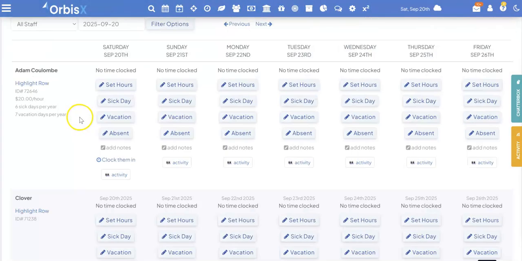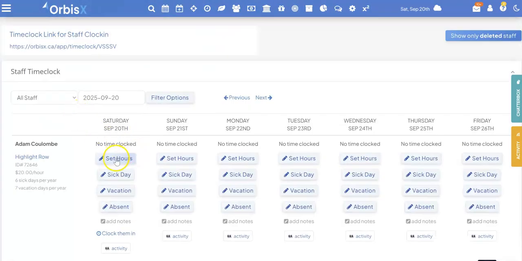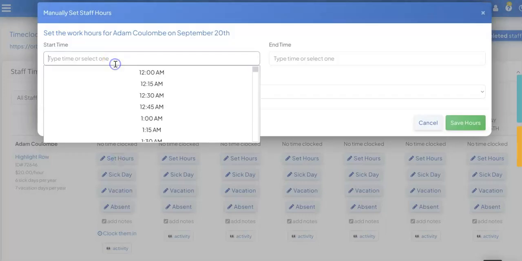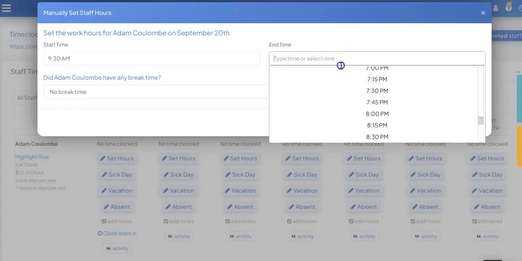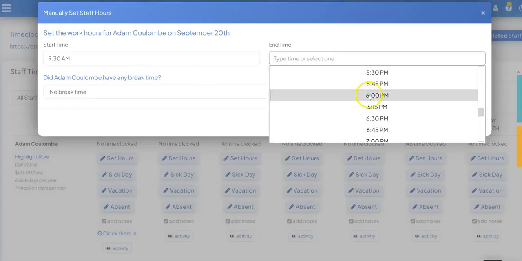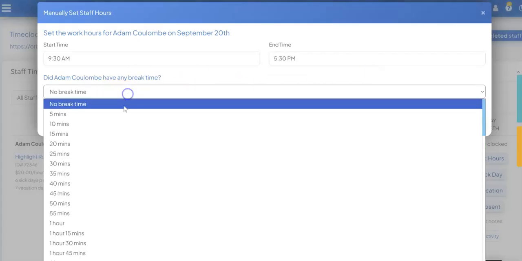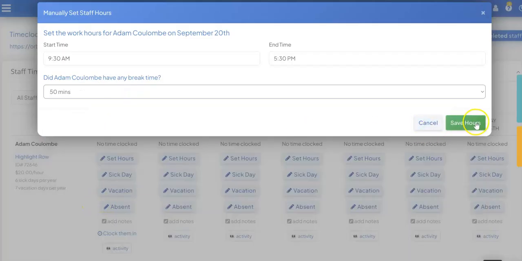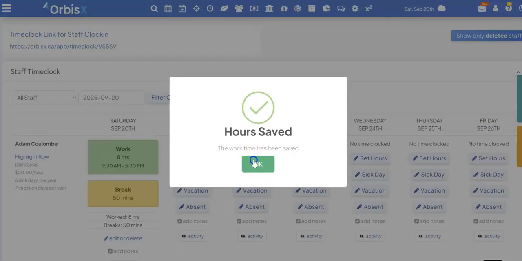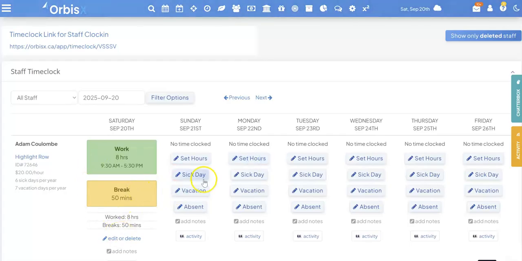And so you can go through and they'll have set their hours. So I'll just set some to make some. So we'll say they started 9:30 and they went until, let's say, 5:30. Okay, do they have any break time? 50 minutes, save hours, boom. So it'll show up stuff like this, but then you can also say like, they had a sick day, maybe